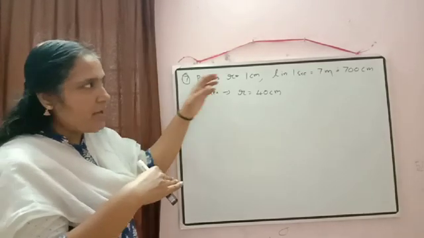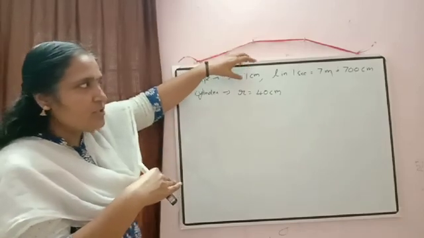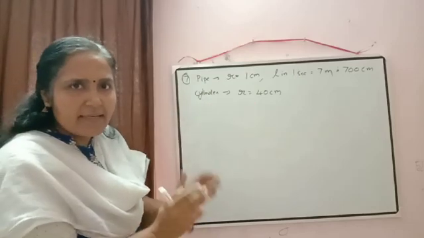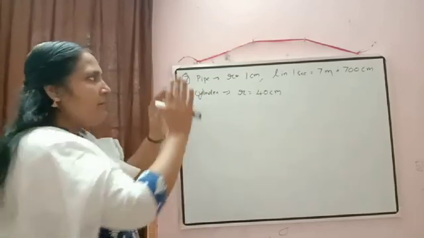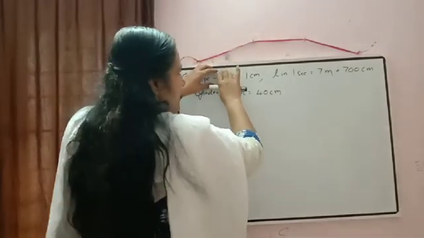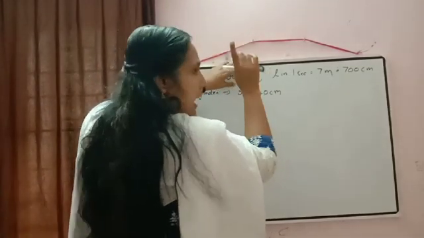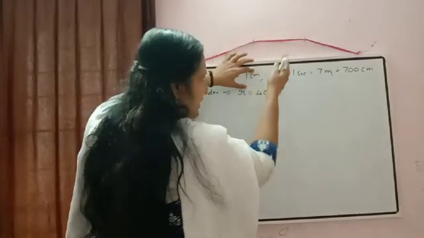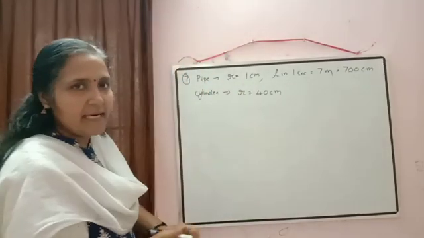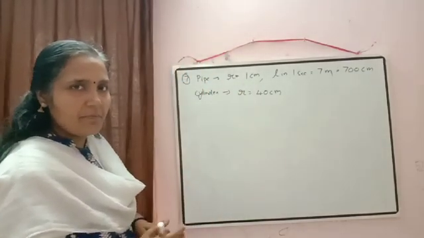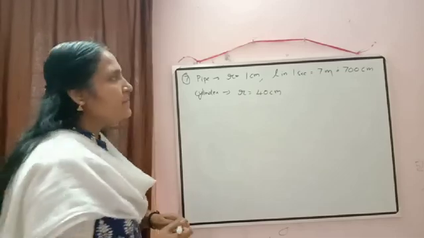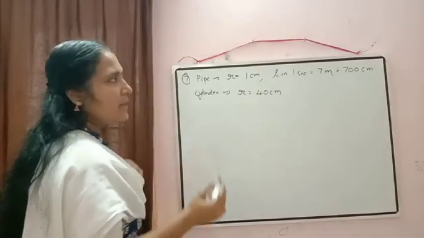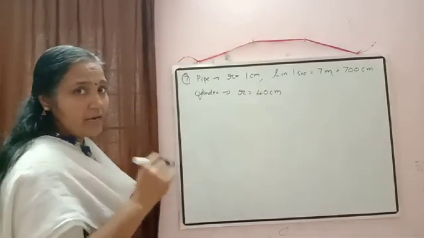Yes, correct. Whatever amount of water flows through this pipe in half an hour will be equal to the volume of this cylindrical tank. Clear? Once again I am saying, the volume of water flowing through the pipe in half an hour will be equal to the volume of the cylindrical tank. That concept we are going to use here. Now here this is the length given in 1 second, so first we can calculate the volume of the pipe in half an hour.